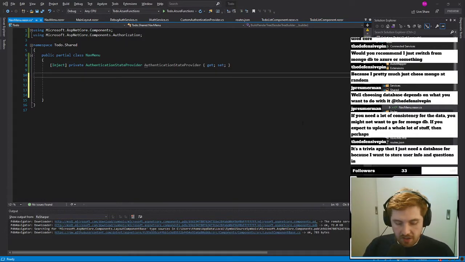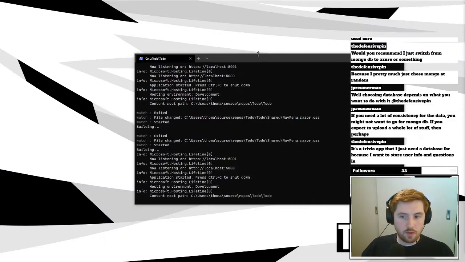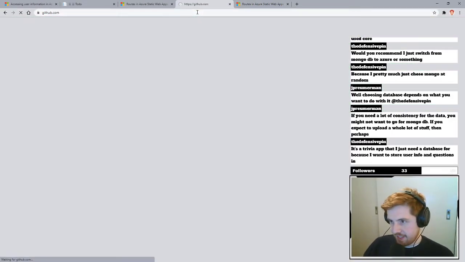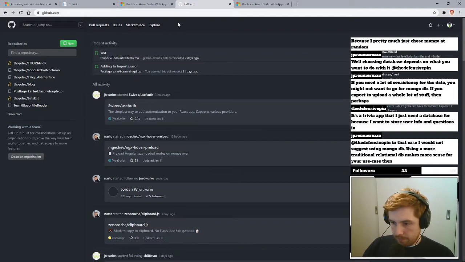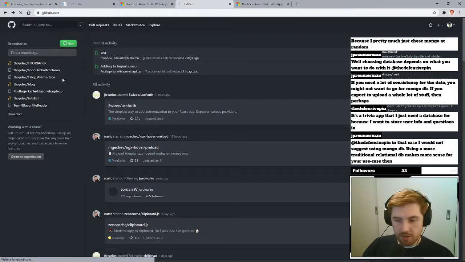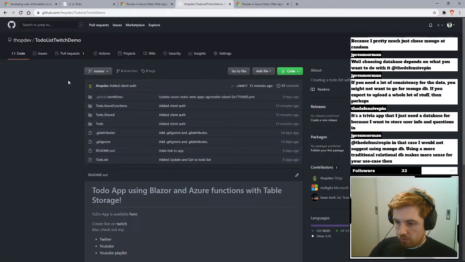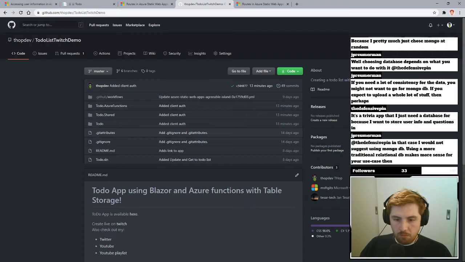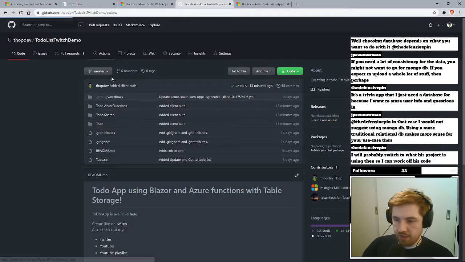And Table Storage, let me open Azure. Well, you can also use... oh, this is the wrong project. John says I wouldn't recommend MongoDB. Using a more traditional DB makes more sense in your use case. I don't totally agree on that, but